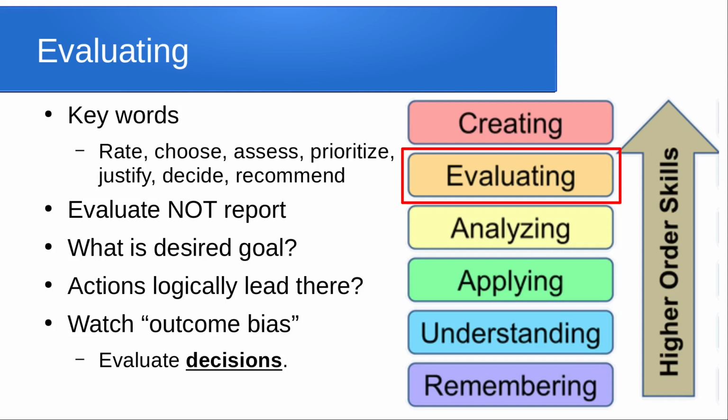So the person places the bet. They bet the $10, they flip the coin, and it comes up tails, and they lost their $10. And now we need to evaluate the decision to bet the $10. Many students would say it was a bad decision because they lost their money. However, that is outcome bias. When the person made the decision, they had no way of knowing the outcome, and therefore we cannot consider that. All the person knew was they had a 50-50 chance, assuming it's a fair coin, of earning $100 by betting $10. Now, actually, that is a very good decision.